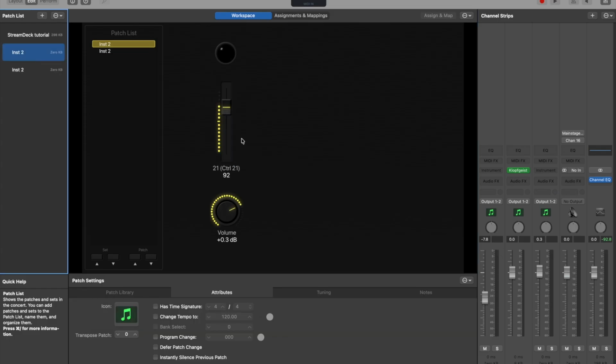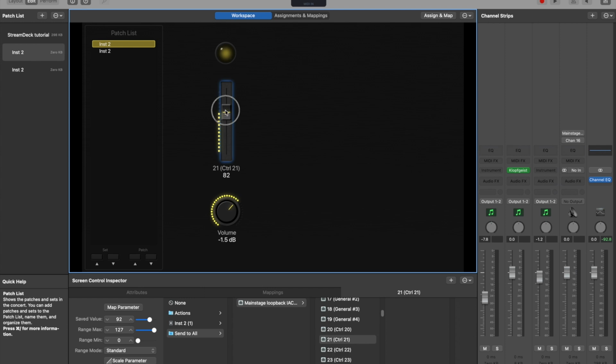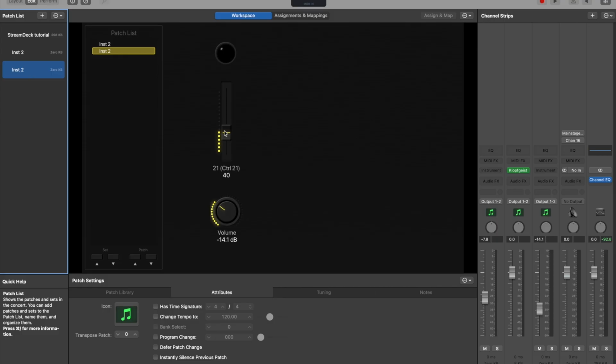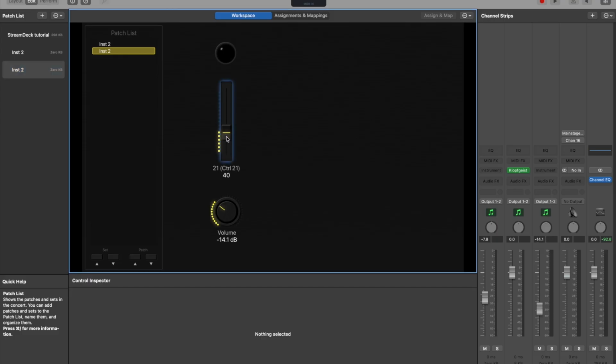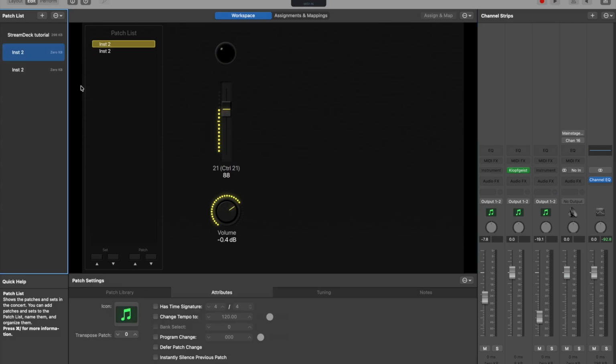So this now means that if we have different values on our different patches, let's say this one's up here, and we save that patch, we go to this one down here, we save that patch with a different value, save, and when we skip between these patches, this value changes this global control. So you can store different